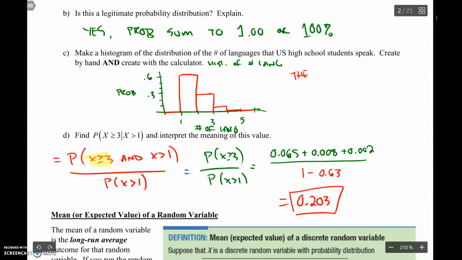The probability that a randomly selected US kid that speaks 2 or more languages